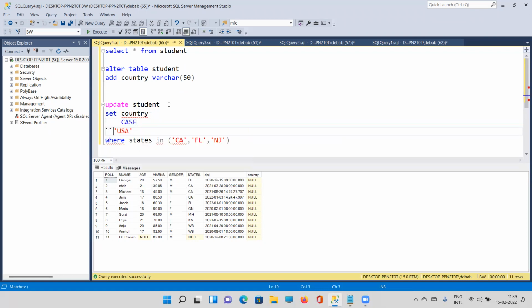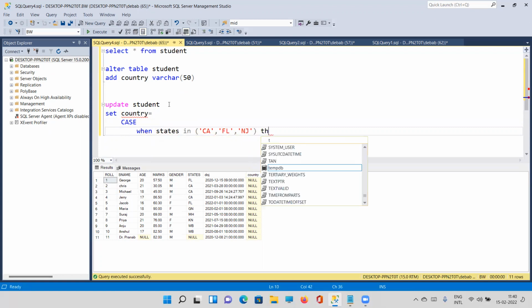Case. When state is in California, Florida, and NJ, then I want to put USA